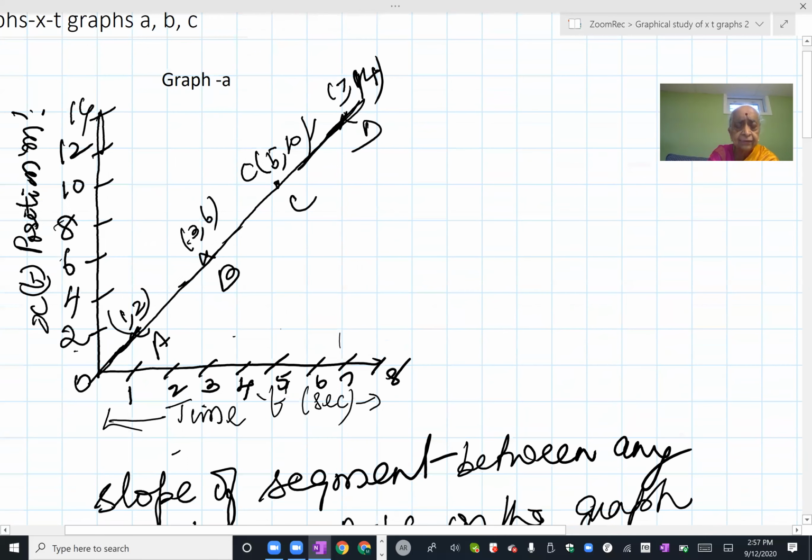Now, this is a straight line. You find that they have marked 1, 2. The next is 3, 6. And the next is 5, 10. 5, 10 will be 5 seconds away from the origin on the x-axis, and 10 meters away from the origin on the y-axis in terms of distance. 7, 14. The 1, 3, 5, 7 are seconds, which is the x coordinate. 2, 6, 10, 14 are meters, which is representing the y coordinate. Y coordinate is actually the position coordinate, and the x coordinate is the time coordinate, as you can see from whatever is labeled on the graph.